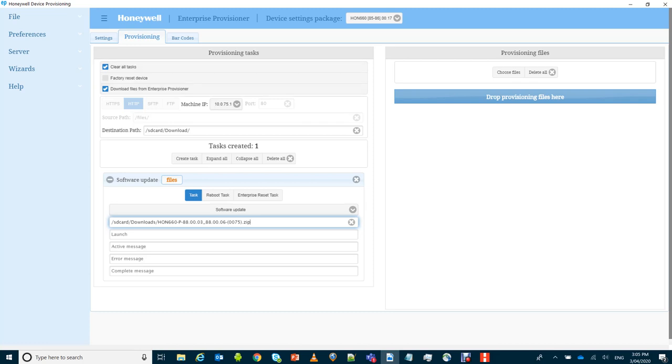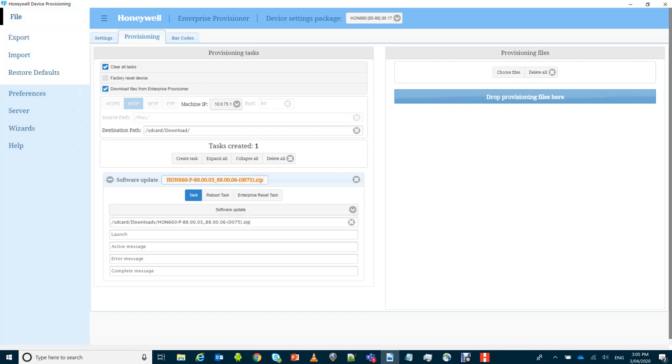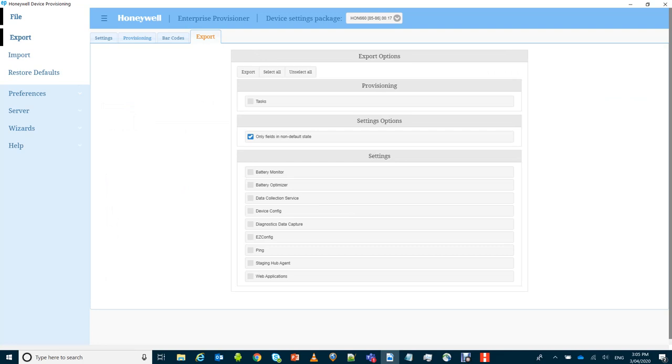So we've got our provisioning command file done. We need to export this out. So we just go File, Export, and the thing we're going to export is a task, or the tasks. So we select Provisioning Tasks, Export,